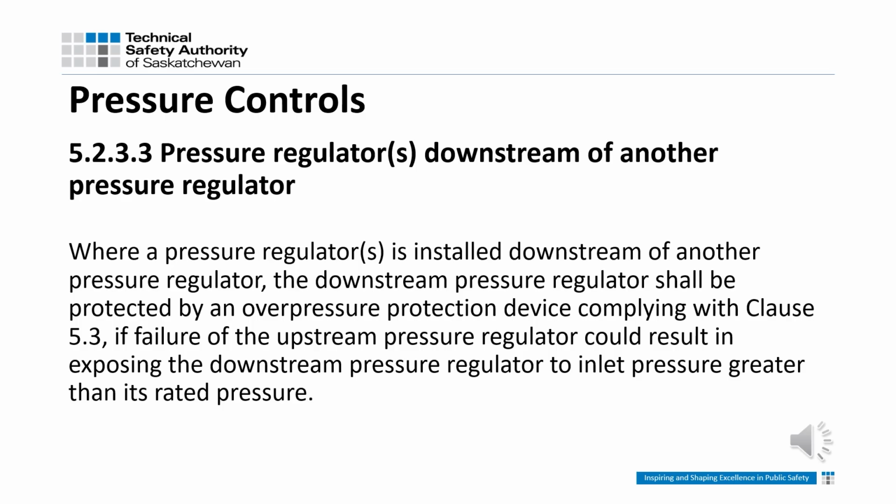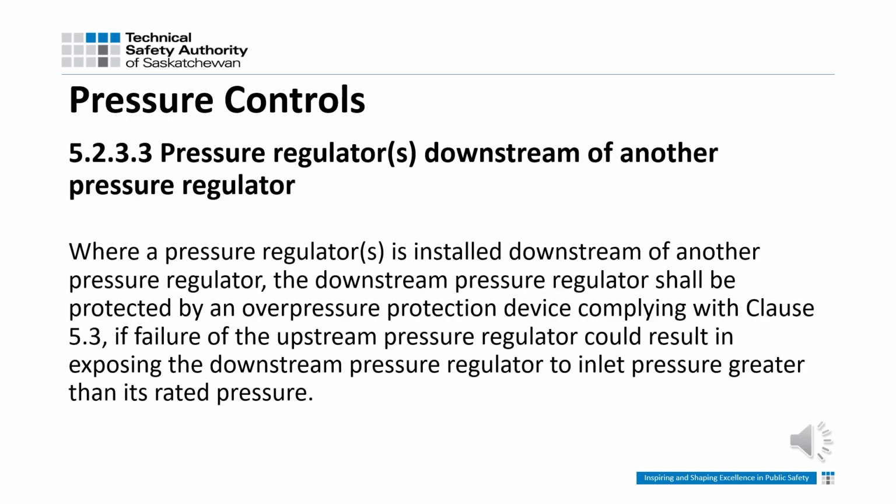5.2.3.3. Pressure regulators downstream of another pressure regulator. Where a pressure regulator is installed downstream of another pressure regulator, the downstream pressure regulator shall be protected by an overpressure protection device complying with Clause 5.3, if failure of the upstream pressure regulator could result in exposing the downstream pressure regulator to an inlet pressure greater